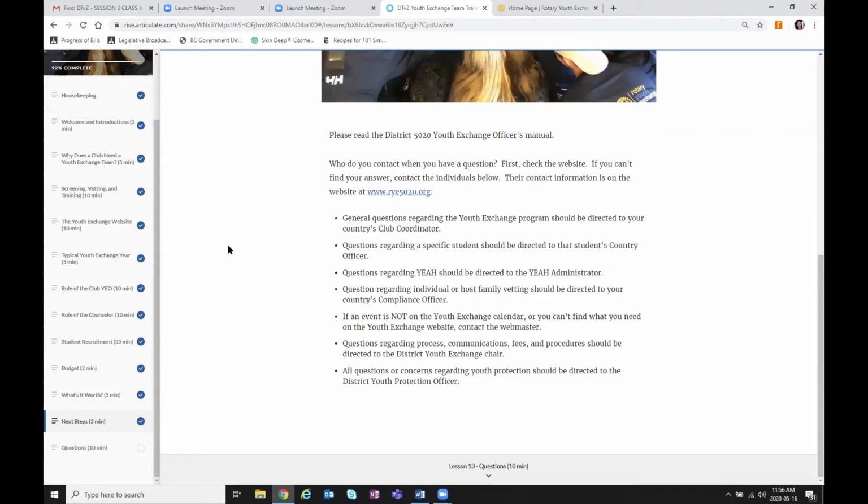We're almost at the end here before I hand it over to Mike to talk about the elephant in the room, as we call it, the COVID situation. Just to recap, read your Youth Exchange Officer's Manual. Truly read it. I read it when it was 140 pages. You can handle the 40 pages or whatever. 70 pages? I forgot already. Anyways, 42. Thank you.